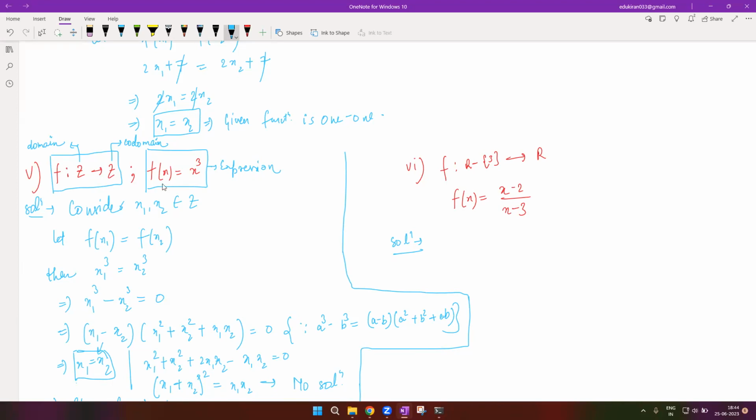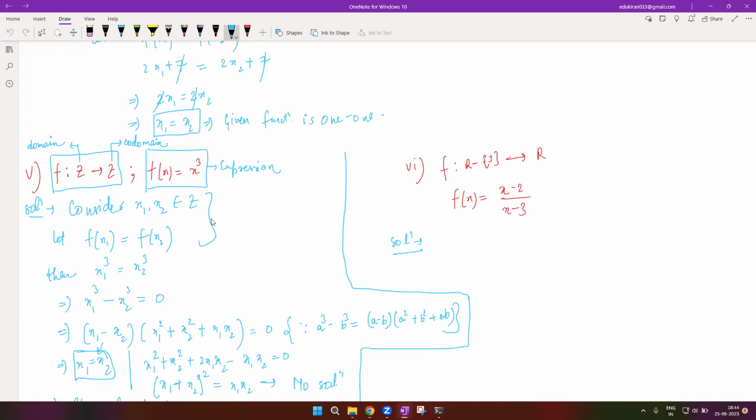So I started with x1 x2. All these first two lines are always the same for any function. We'll start by taking two unknown constants x1 and x2 which belong to the domain. The domain in this case is Z, which is integers. तो हमने बोला कि x1 x2 दो unknown constants हैं जो हमारे डोमेन को बिलोंग करते हैं।